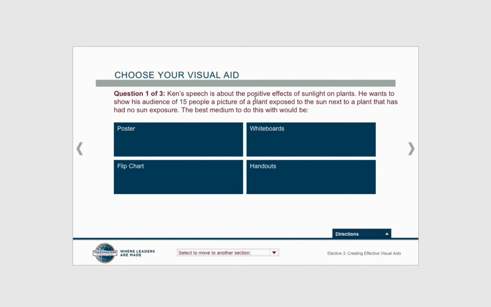Ken's speech is about the positive effects of sunlight on plants. He wants to show his audience of 15 people a picture of a plant exposed to the sun next to a plant that has no sun exposure. The best medium to do this would be, and we have choices of a poster, a whiteboard, a flip chart, or a handout. I'm going to take a wild guess and say that a poster would probably be the best